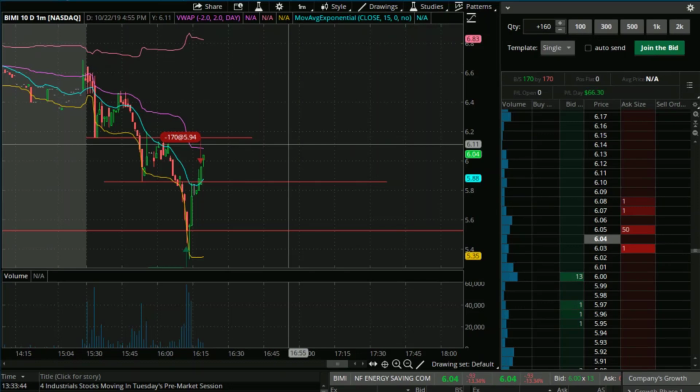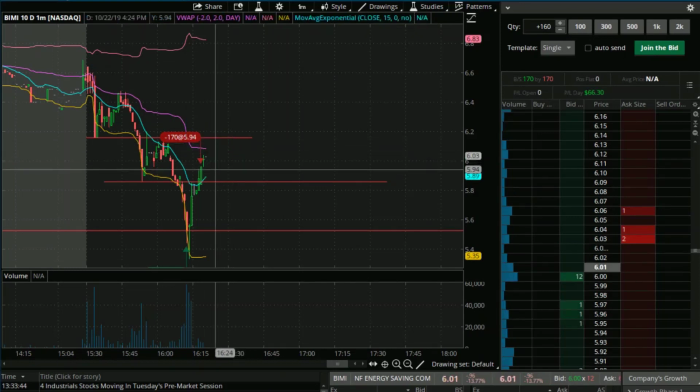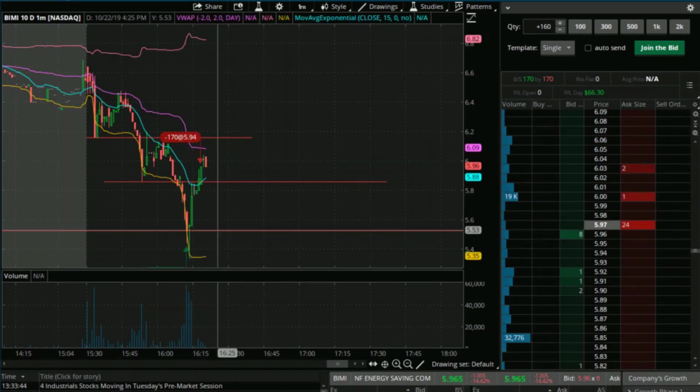Yeah, so we could have had obviously a little bit better of a position, but this is completely fine, what we got. Can never complain about making profits. So yeah, we did probably leave a few percentage on the table in this quick little move to the upside. Also, we got out more like here. So potentially a few percentage here and definitely like 4% right down here, but it's not really,